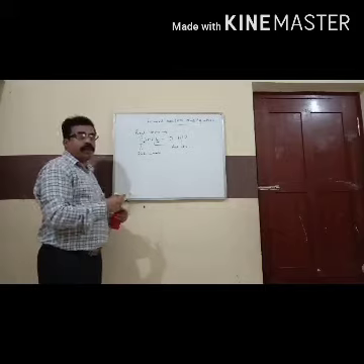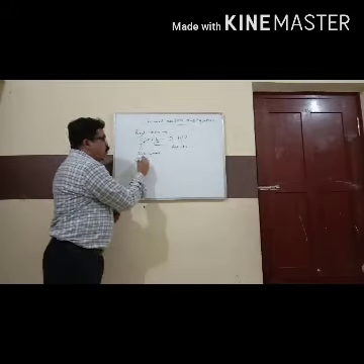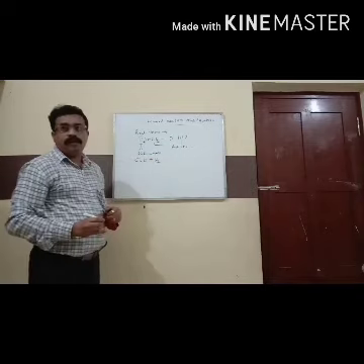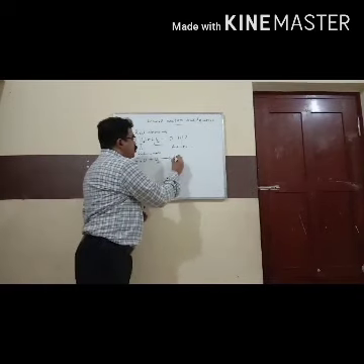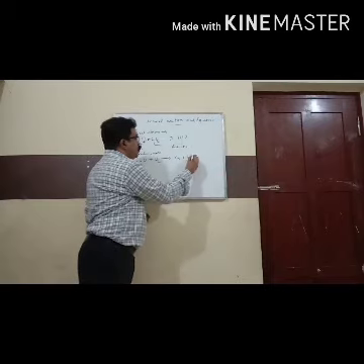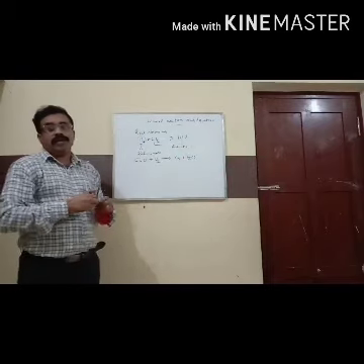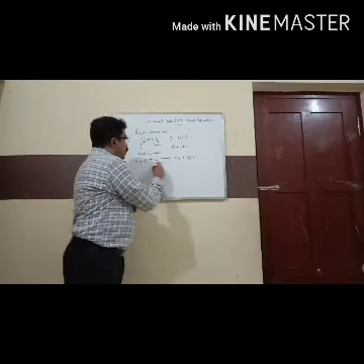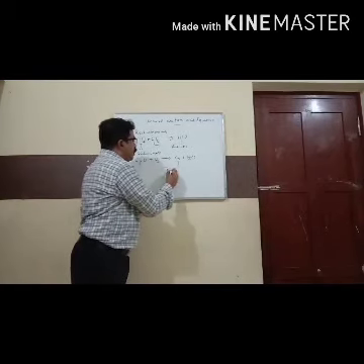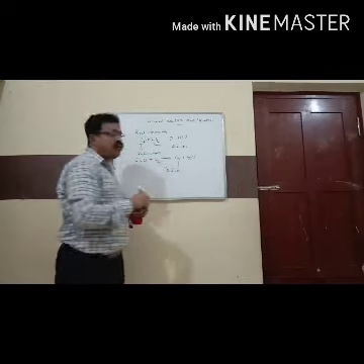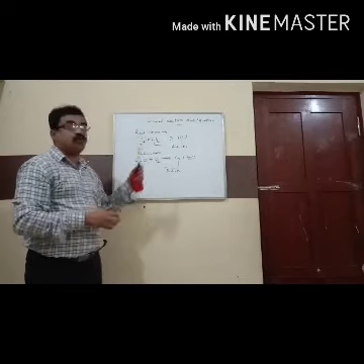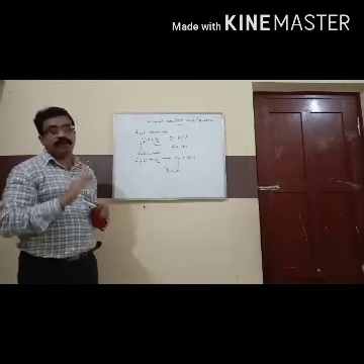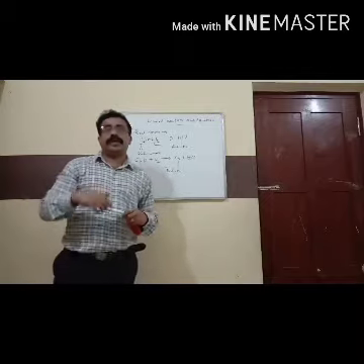I will take one more example. CuO, copper oxide, plus H2 gives you Cu plus H2O. So here oxygen is being removed from Cu. This is also a reduction. Here also to get reduced, H2 is helping, so H2 is a reducing agent. Hope all of you understood. Okay, I'll go to the next topic.